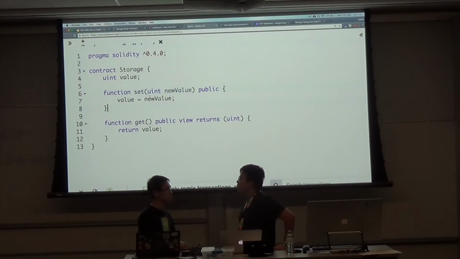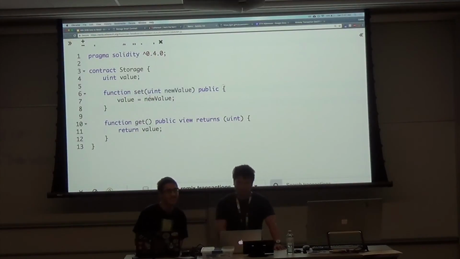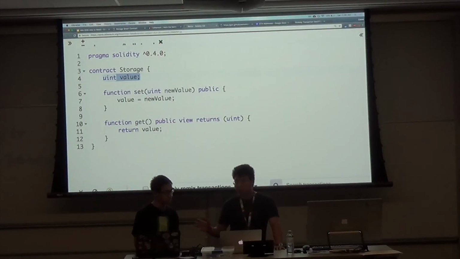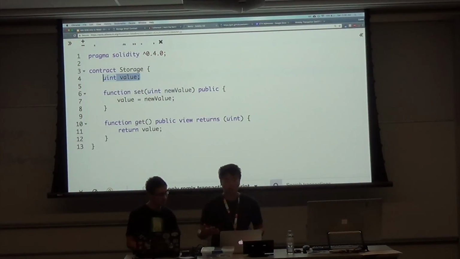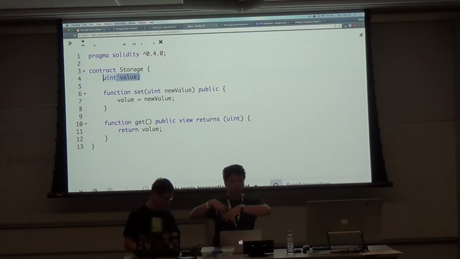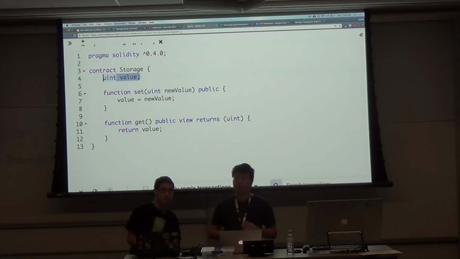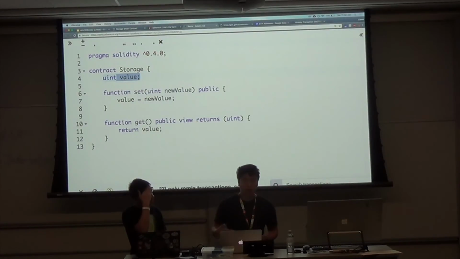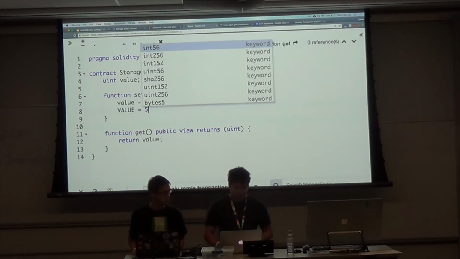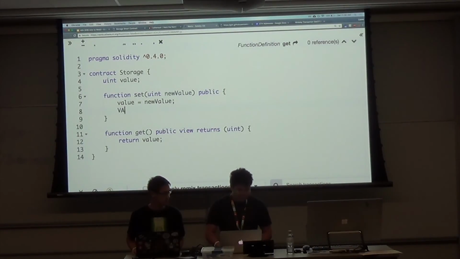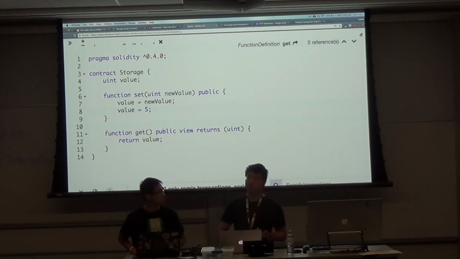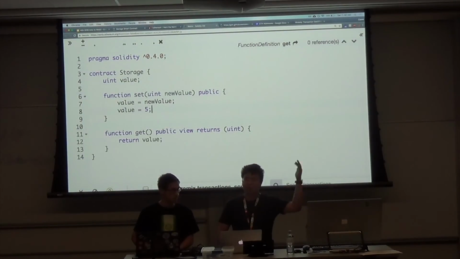These variables are actually Ethereum storage variables. So when you modify them in a contract, their new value is actually stored onto the blockchain, permanently. And when you run the program, you can mutate these variables. You can say value equals new value, like value equals 5. You can do anything you want. The only limit is your imagination.